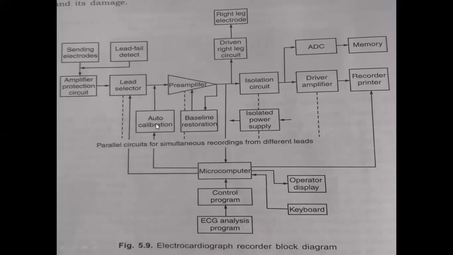We have to apply a 1 millivolt voltage to the preamplifier, and the preamplifier amplifies the signal. This is done first for every attempt of measuring the ECG waveform, or after the measuring of the ECG waveform. So the attendant who will record this particular ECG waveform will first test the signal.